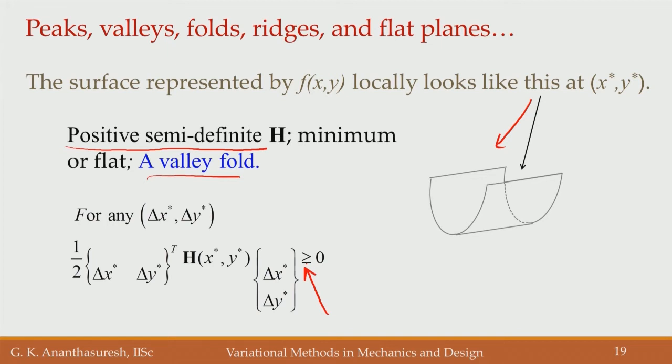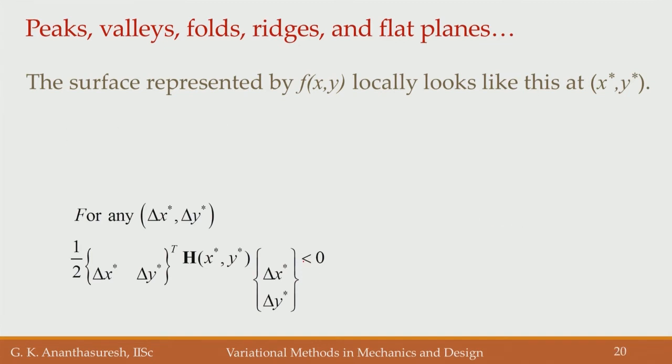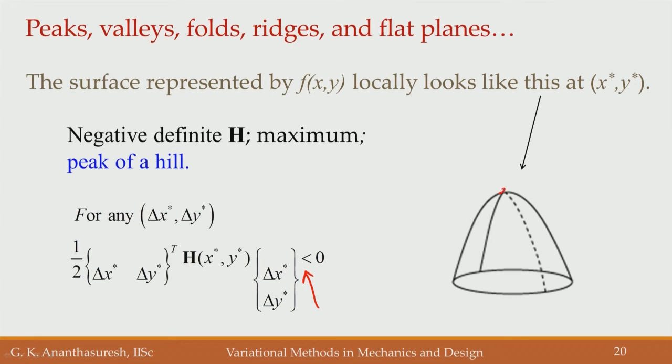Now, consider strictly greater, in this case a minimum, greater than or equal to, it is a valley fold. It is either a minimum or a flat. That is, if I come in this way, whatever point I take, it looks like a minimum, but if I come like this, it is flat, it does not change, because its second order term is 0 in that direction if I perturb. That is the valley fold. Similarly, if it is strictly less,